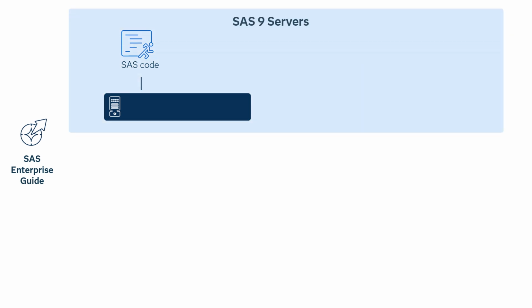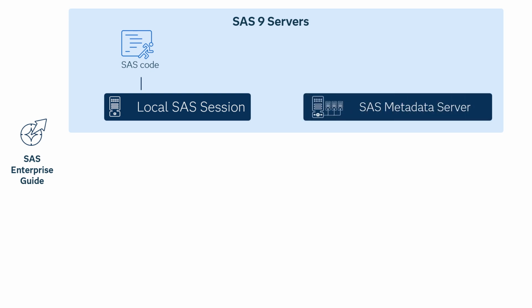In SAS 9, the server may be a locally or remotely installed SAS session or a SAS session started via a SAS metadata server connection. A SAS metadata server provides additional capabilities, including access to the SAS Workspace server for running SAS programs and support for grid computing, the SAS Stored Process server for executing stored processes with dynamic prompts, and the SAS OLAP server for accessing SAS and third-party OLAP cubes.